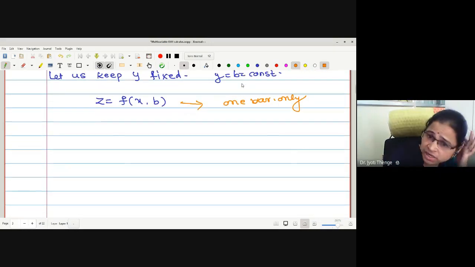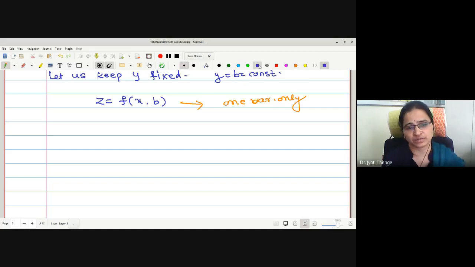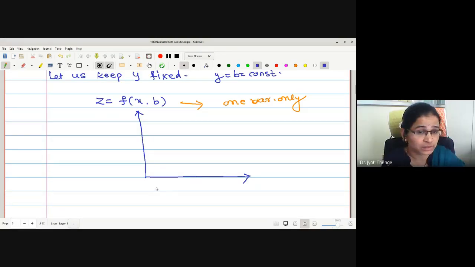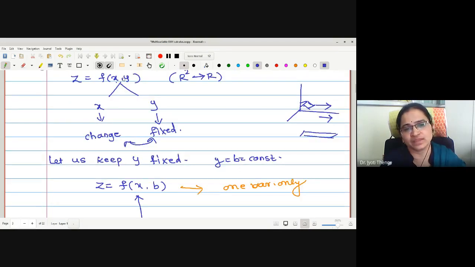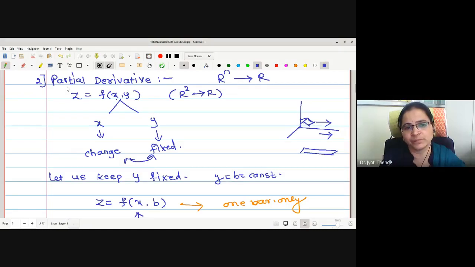Now we have to understand the geometrical aspect of this function. You have to bear with me because I am very bad at drawing. In which dimensional space do we have to consider the situation? Two dimensions or three dimensions? Z equal to f of x, y. This surface we cannot show in a 2D plane. These are three variables, two independent, one dependent. So this surface is going to be in three-dimensional space. Correct?